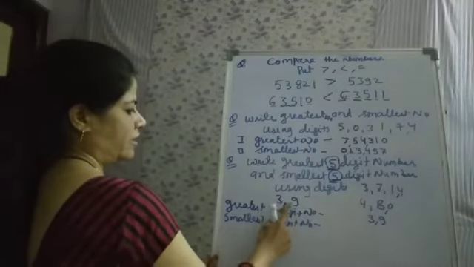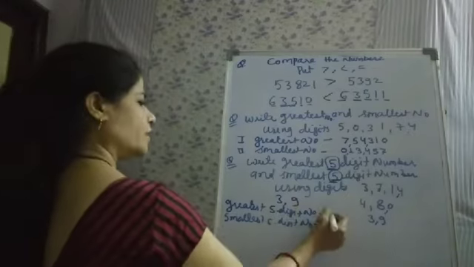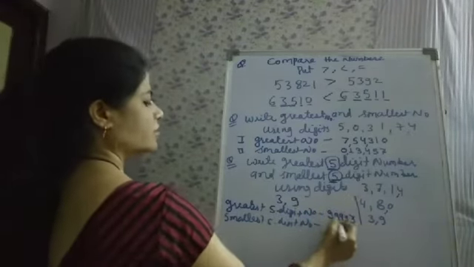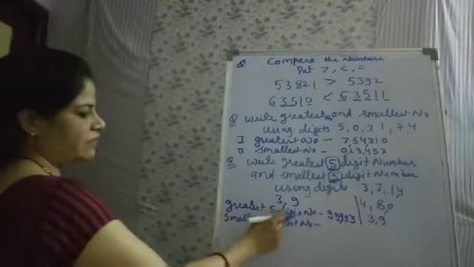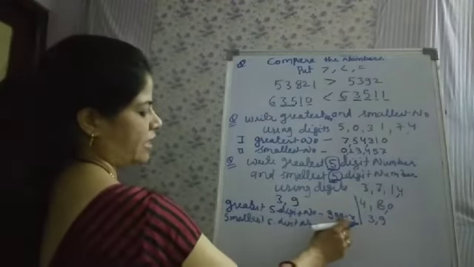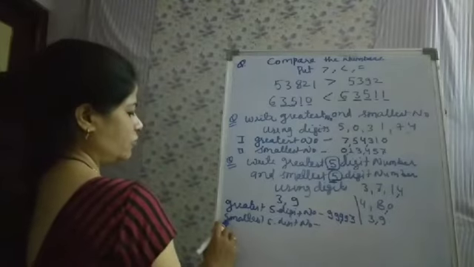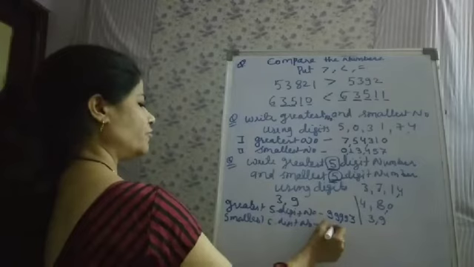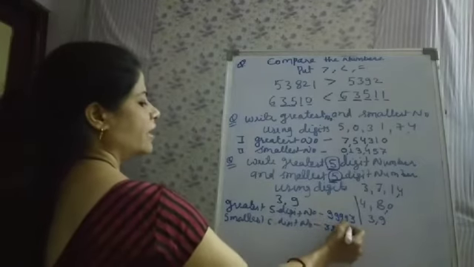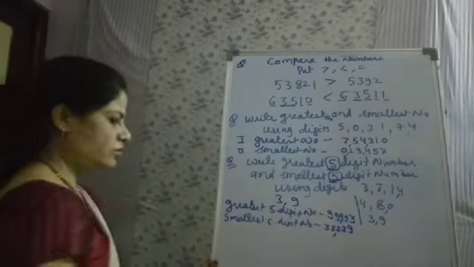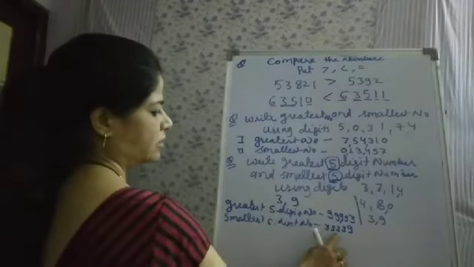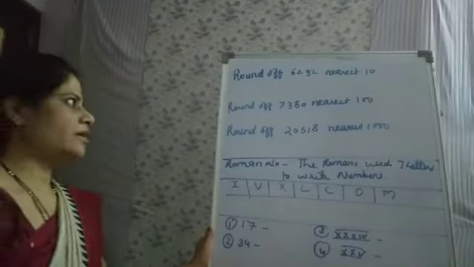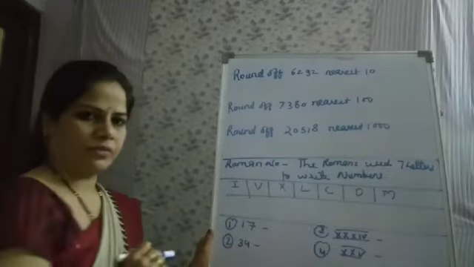Now you have to write greatest 5-digit number formed by 3 and 9. So in 3 and 9 the greatest digit is 9. So repeat 9 4 times and then write 3 at last. Okay, so the greatest 5-digit number will be 99,993. Then to form smallest 5-digit number, you have to repeat 3 4 times and then at last write 9. So the number formed will be 33,339.